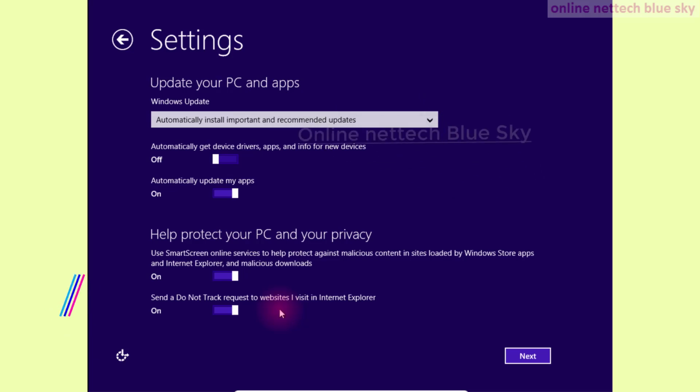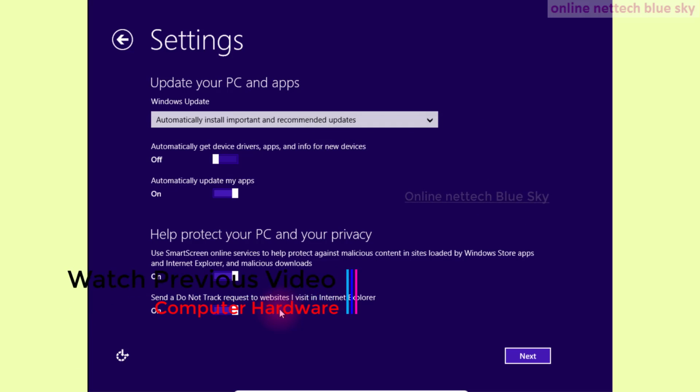This is a choice for you, on or off. On means sending requests with this new type of technology. Windows 8 and Windows 8.1 have the same feature available. So the request is sent from your computer to the Windows server when Internet Explorer is used.